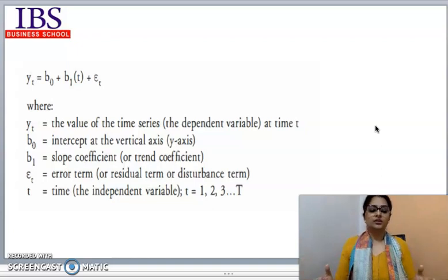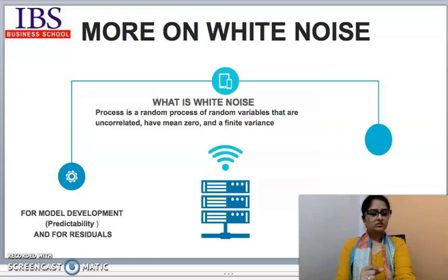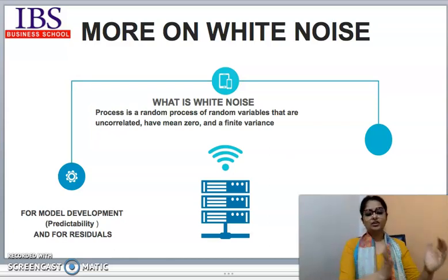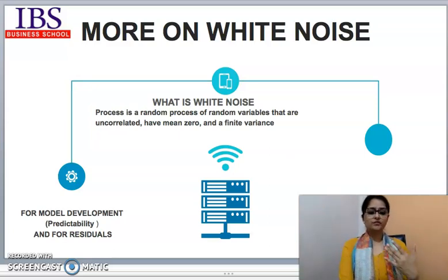This is not all, right? It gives us some indication that we may be going wrong. So how do you identify? We come to this conclusion: the stock prices of Reliance should not show a white noise process, and your errors should show a white noise process. What are the features of white noise? It is a process where the variables or data points, 250 in our case, are uncorrelated, have mean zero and finite variance.